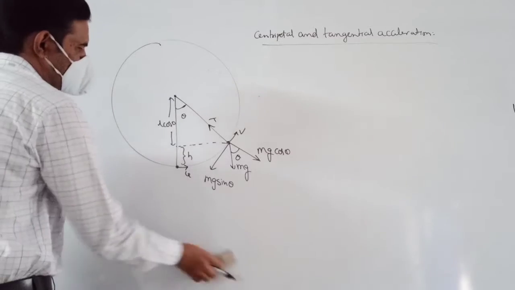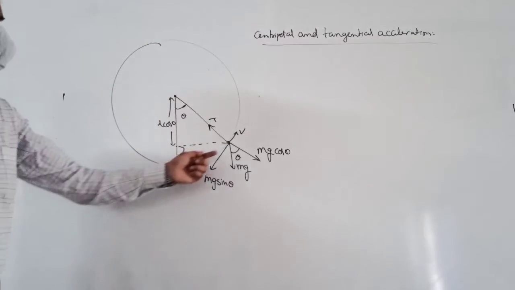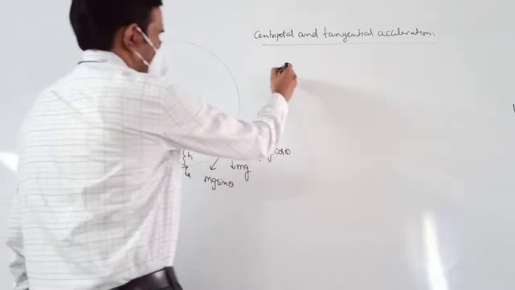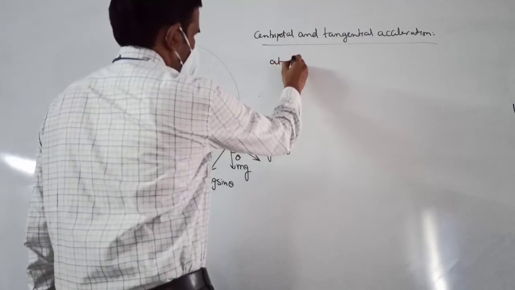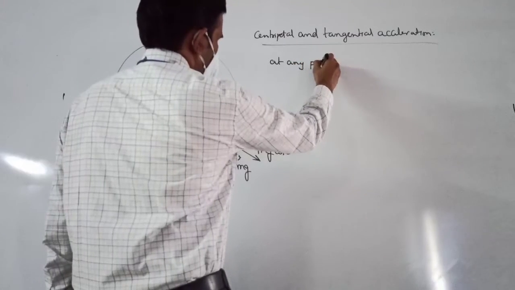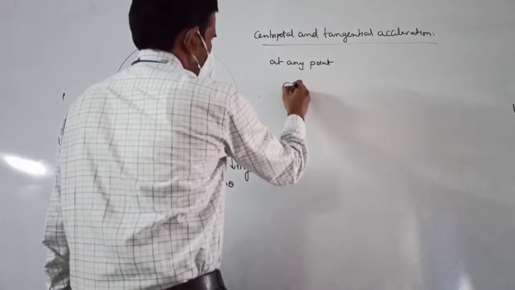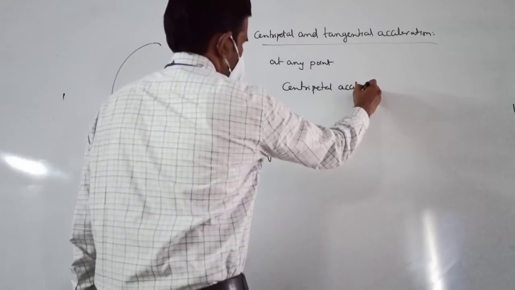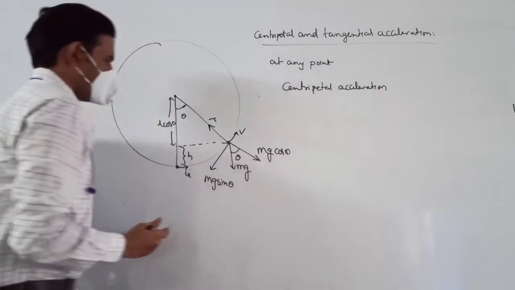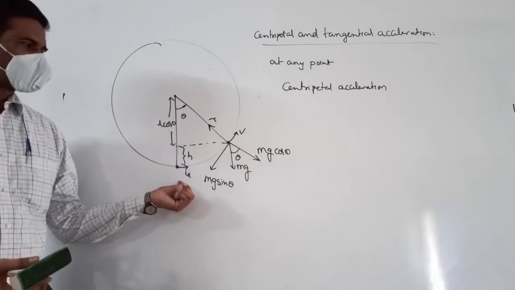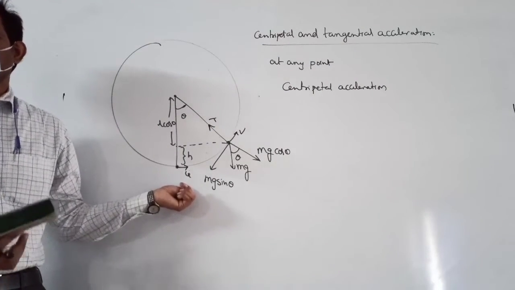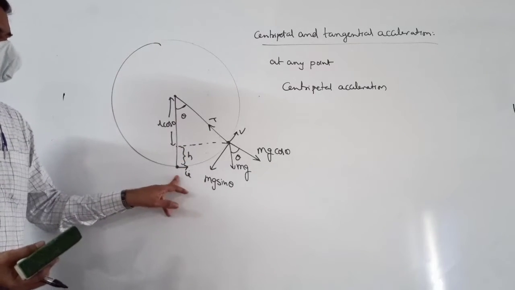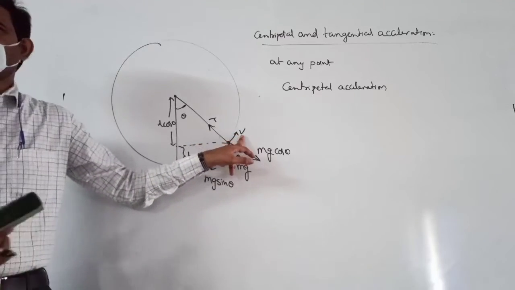So now the centripetal acceleration at any point. Now this velocity may not be equal to that root 5gL. We are taking a general case. Generally, we are writing centripetal acceleration and tangential acceleration at different points. So now if the initial velocity is u and at some point the velocity is v, we are assuming. Suppose I am naming this point as P. At any point P you can write here.